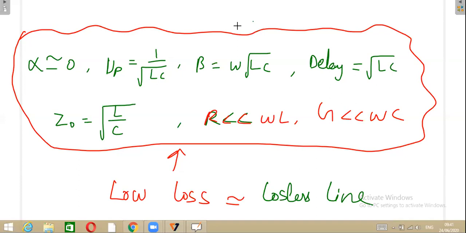Next, we'll see the expression of voltage and current with respect to the y parameter, because we are having two parameters. One is the x parameter. That means if you are going from sending end to receiving end, then you can write the equation with x, or sometimes if you are coming from receiving end to sending end, those equations can be written with the help of y. But x is always equal to minus y.